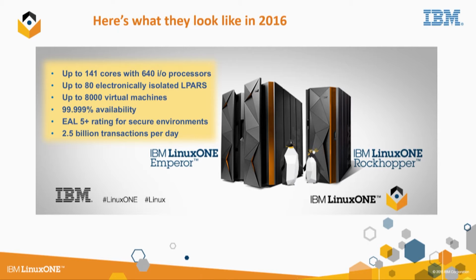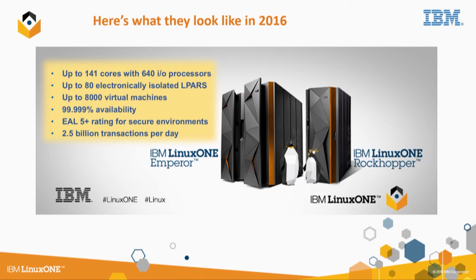And we've seen in our work with Go, we've seen these I/O processors giving us a lot of performance boost, so they're really important. You get electronic isolation on your LPARs. It's called EAL5 plus rating, which is the highest security rating you can get on a commercial machine, up to 8,000 virtual machines,